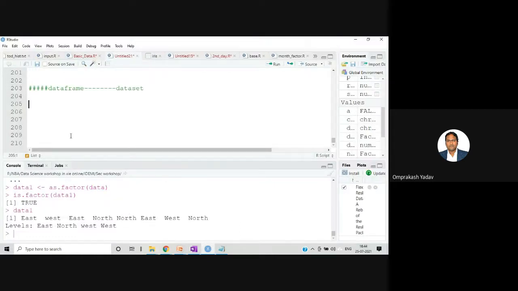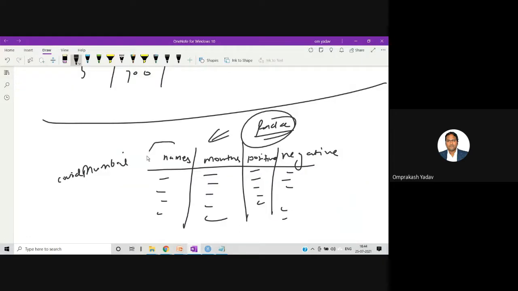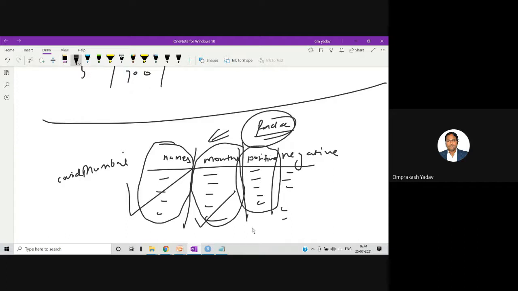So what we will do, we require one column, that is a name column. Here we'll be having the different names. So I'll create one character vector with the names. Second column, a character vector with the month's name. The third will be a numeric column with the positive numbers, and the last column with the negative numbers. And here we'll be having all the numeric values. So I require first of all 4 vectors. First is a character vector, second is a character vector, third is a numeric vector, fourth is a numeric vector. So let's first create these 4 things, and then we will create one data set from this one.